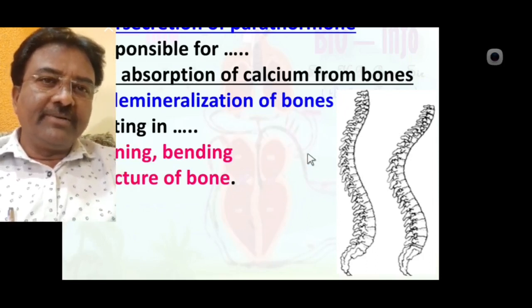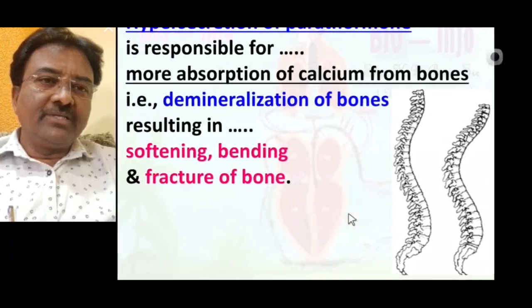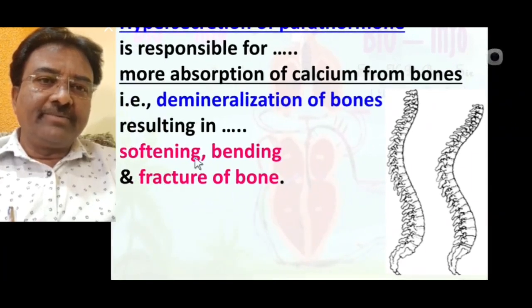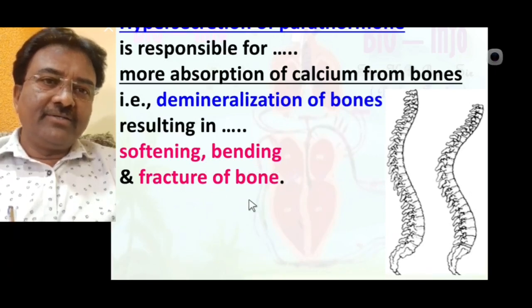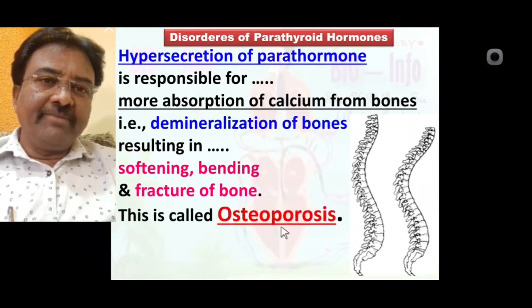So such a vertebral column becomes soft, bending, even fracturing. Such a condition, meaning softening, bending, and fracture of bone, is called